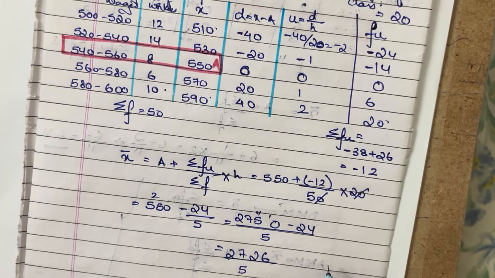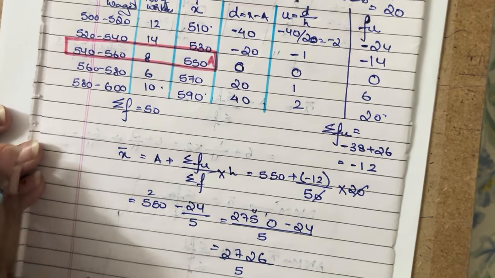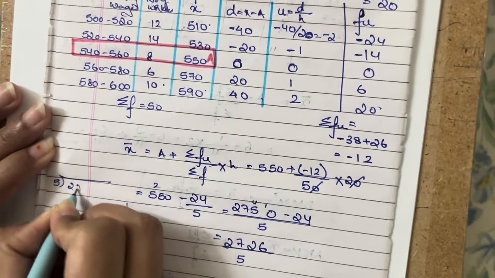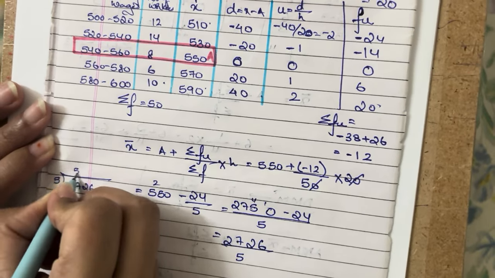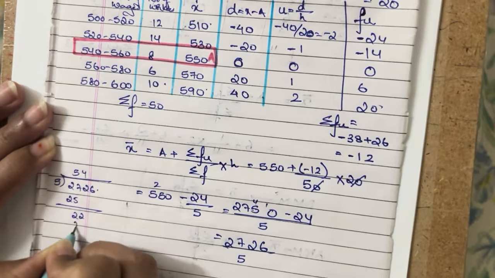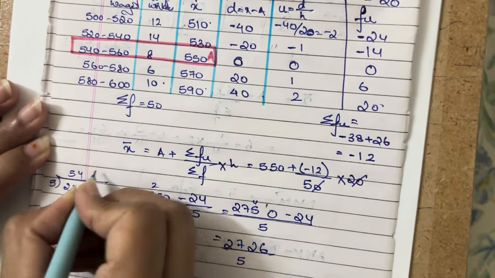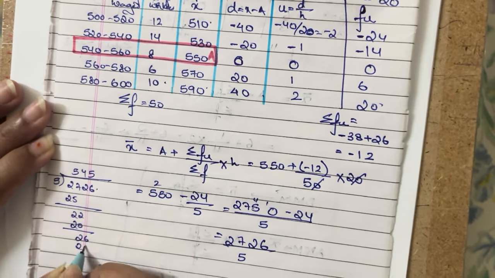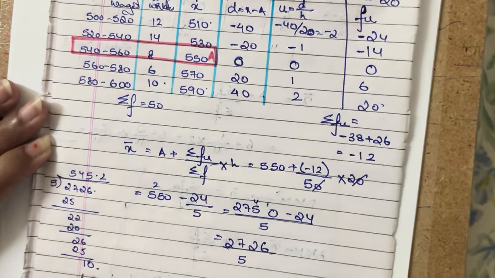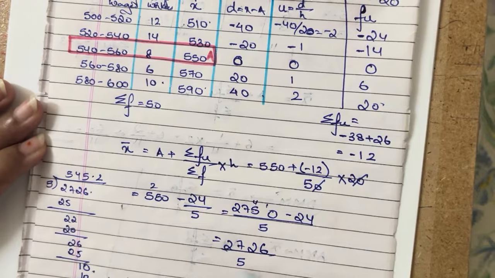So let's do the division for the students who cannot do the division. I'll be doing it here so that it's clearly visible. 5 times 25, then 22, 4 times 20, then 26. So 5 times 25, it goes 1, put a decimal, take a 0, 2 times 10 and 0. Okay, so the answer is